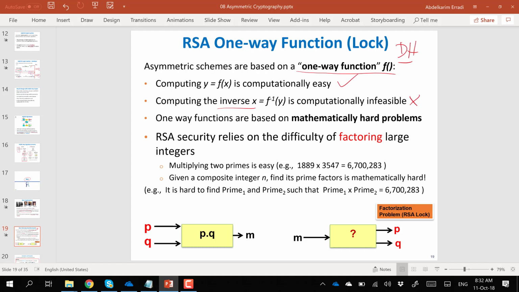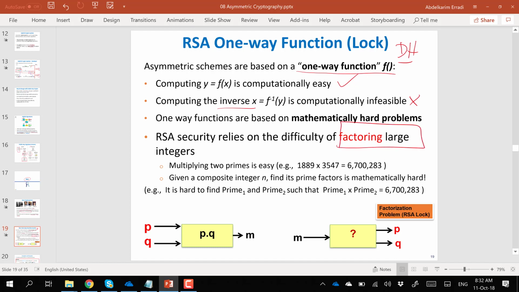So with Diffie-Hellman, they used modular exponentiation that is very easy to compute and very hard to reverse. And the reverse is called the discrete logarithm problem. That problem is very hard. There is no efficient algorithm to solve it. And here, with RSA, they didn't want to copy Diffie-Hellman, so they came up with another function. And this time they relied on